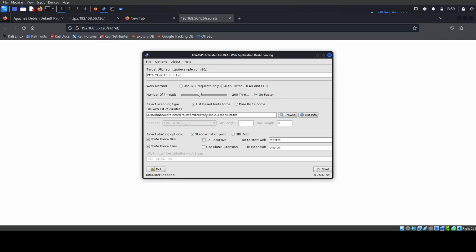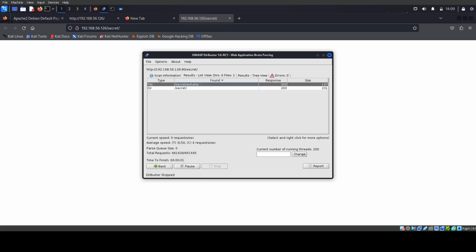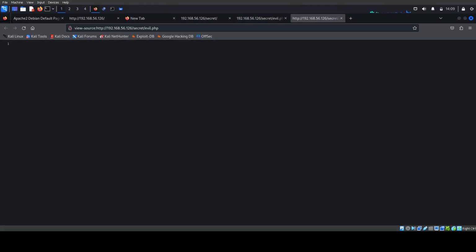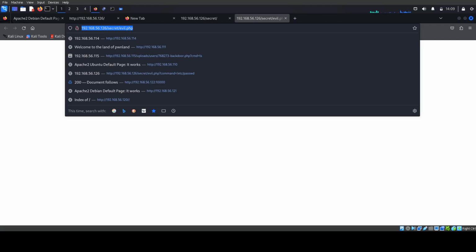And once again, I have turned off the recursive function. There is a script in the secret directory, evil.php, and if I open this in the browser, there is nothing here. Even if I look at the page source, there is absolutely nothing here, which leads me to believe that there is a possibility of an LFI vulnerability